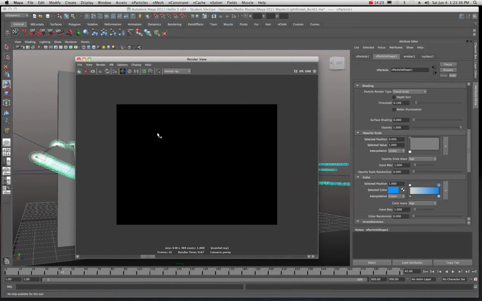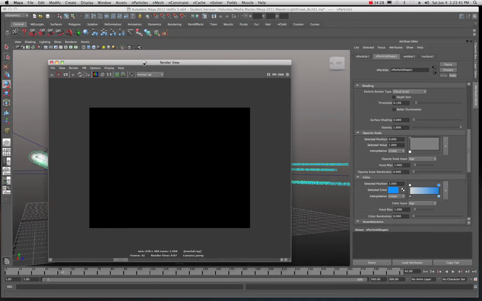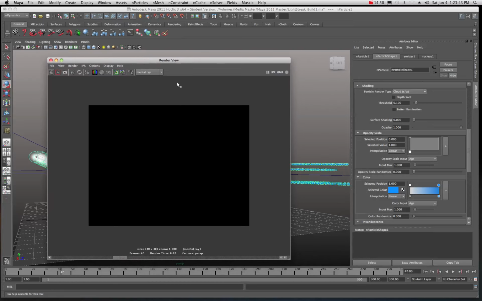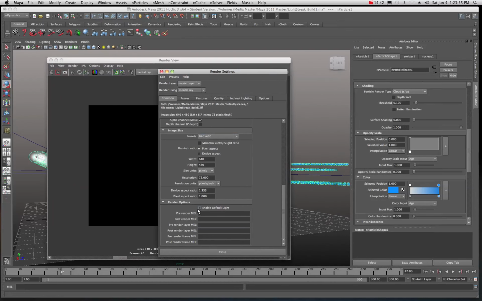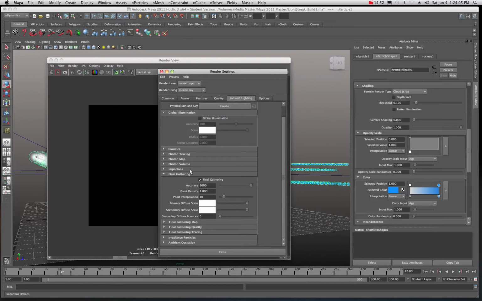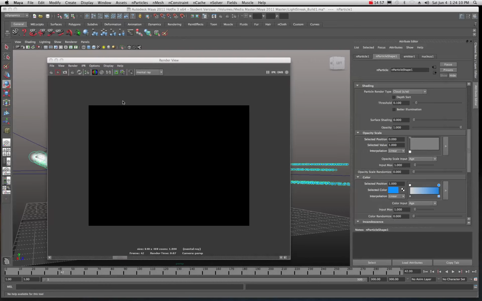Well, you'll notice that I'm not seeing anything right now because I've had this project going a little bit ago. I started this before this tutorial, and that is due to my render settings. So if I bring my render settings up, by default, I have my enable default light turned off. I'm going to go ahead and turn that back on for a moment, and I'm going to uncheck my final gathering because we're not ready for that yet. So I'll do another render and